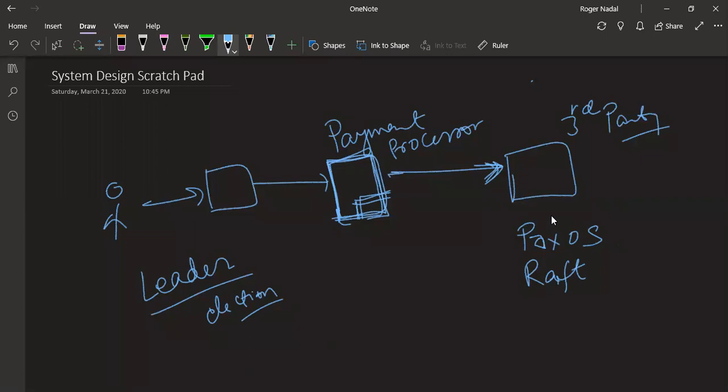Actually, we are talking about consensus algorithms, because for leader election, all these replicas should agree on who is the leader. So for that, we have these consensus algorithms, Paxos, Raft. I think Bitcoin also has one. There are more. In terms of understanding, I think Raft is relatively easier, and Paxos has been there for a longer time.